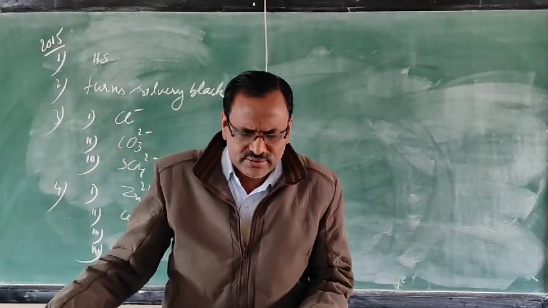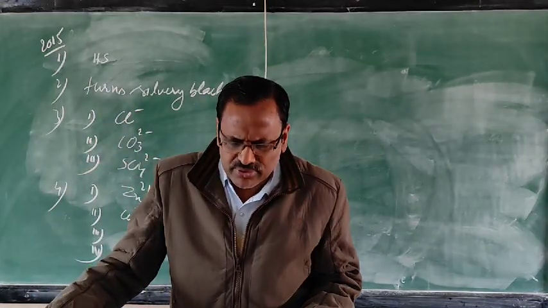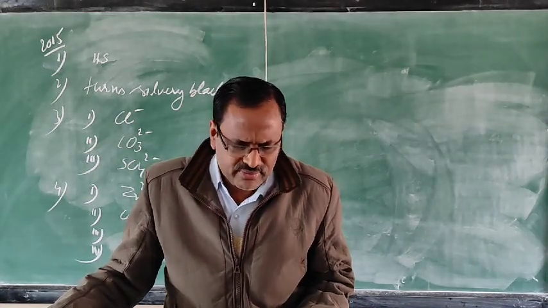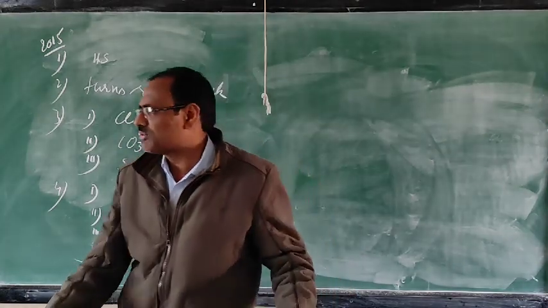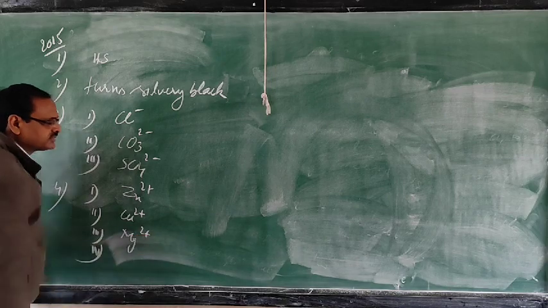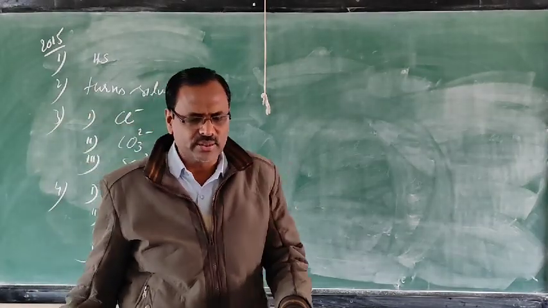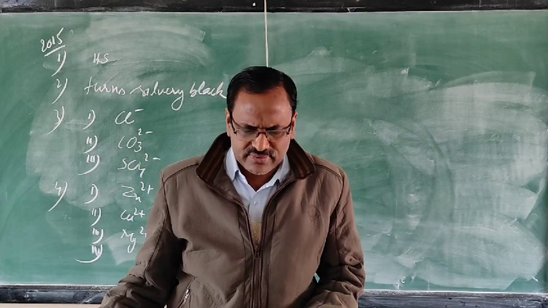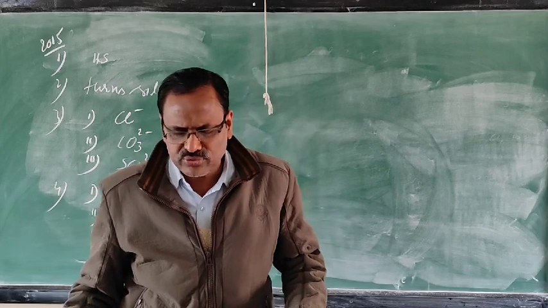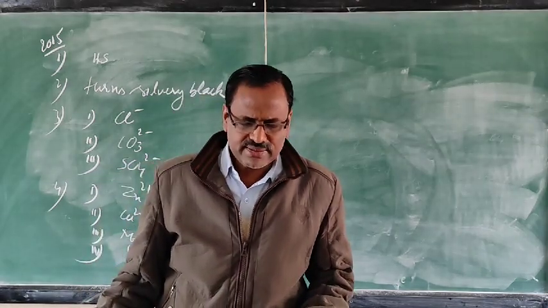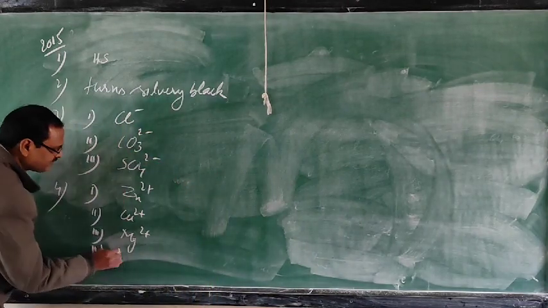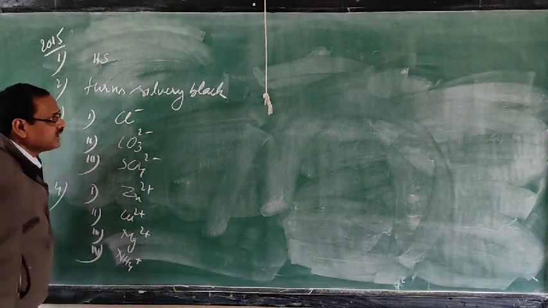Then the third one: to solution Y, a small amount of sodium hydroxide is added slowly and then in excess. A white insoluble precipitate. So magnesium will be there, Mg2+. Then to salt Z, calcium hydroxide solution is added and a pungent smell comes. Ammonia gas is coming, which changes red litmus to blue. Since ammonia gas is coming from the salt, the ammonium ion must be there. So NH4+. Only an ammonium salt can give the ammonium ion.